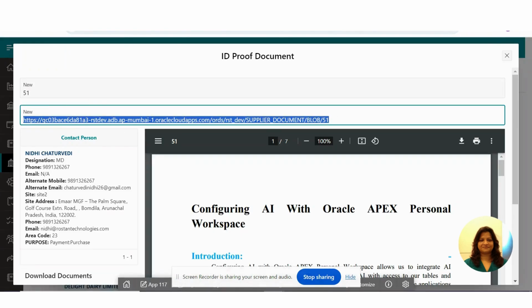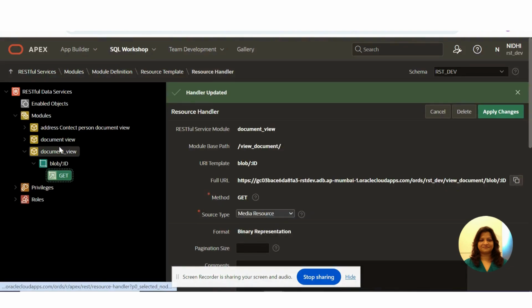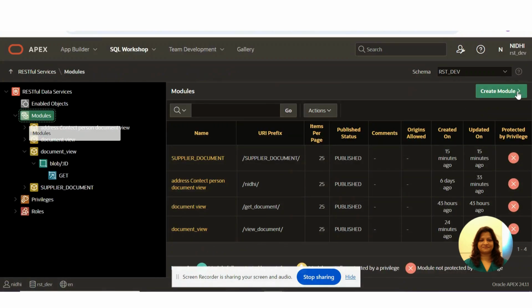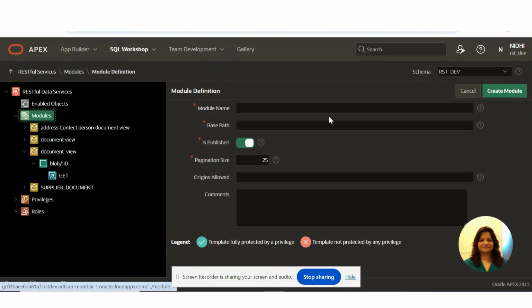So we have to use the services. I already created four handlers, all types of handler methods. So I created a new one for you, with the module name contact, and contact ID, document.